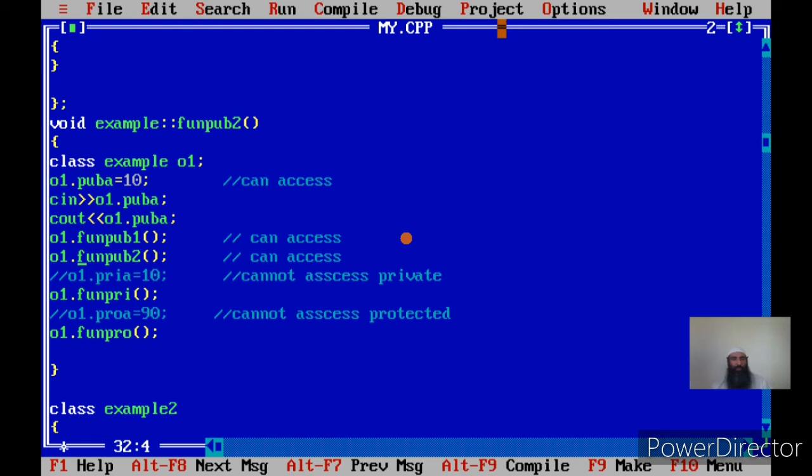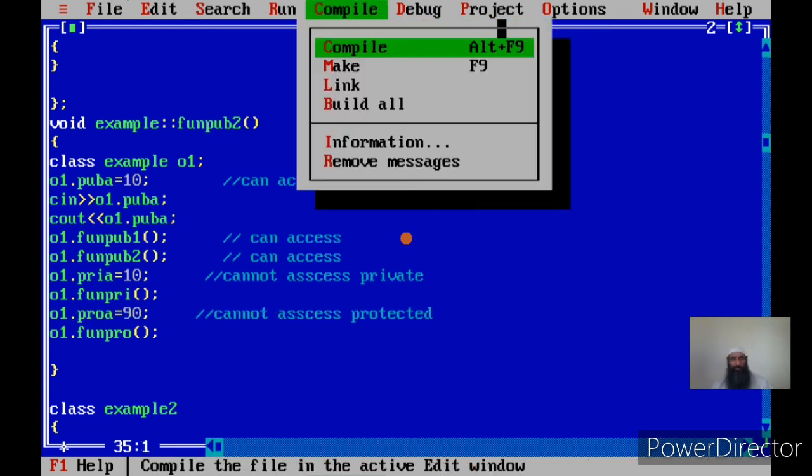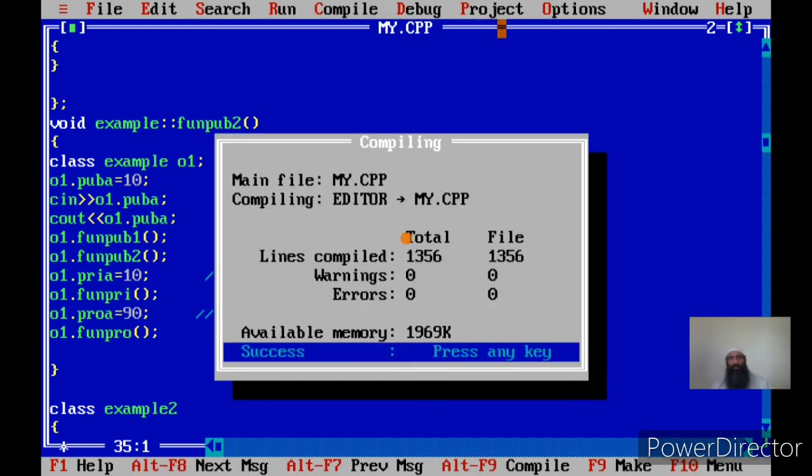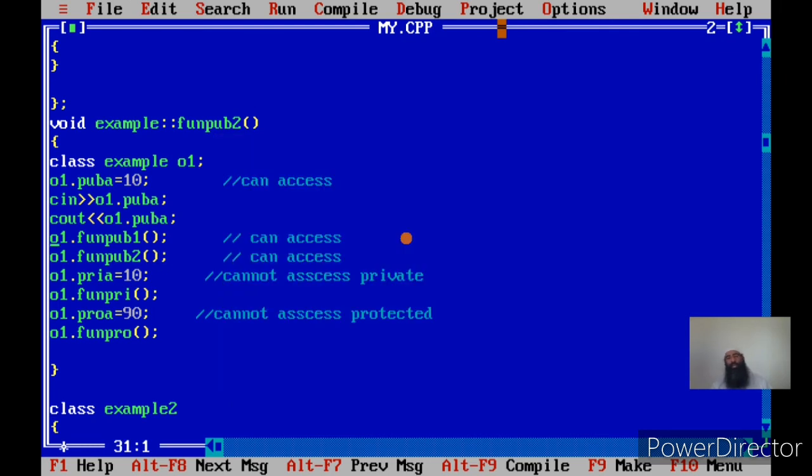So let us uncomment this part also and see whether access is allowed or not. You'll see all the parts can be accessed here, there won't be any errors. So the member function can access all the parts of an object, that is the public part, private part and the protected part. So where is the data hidden?